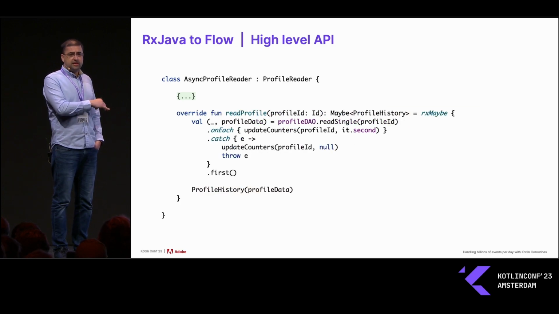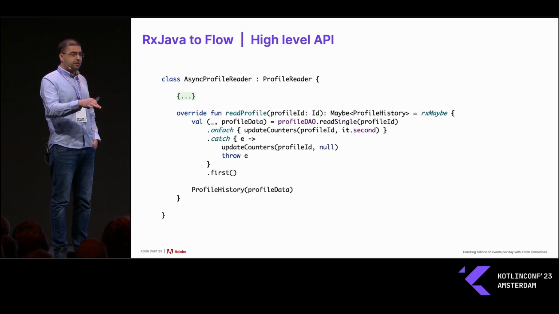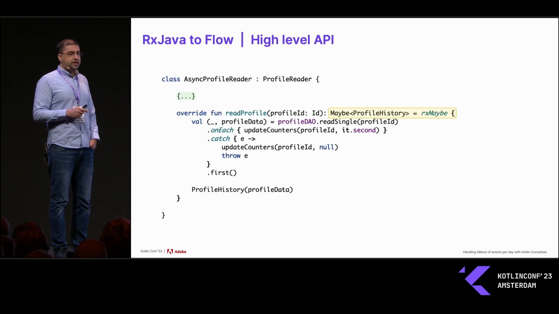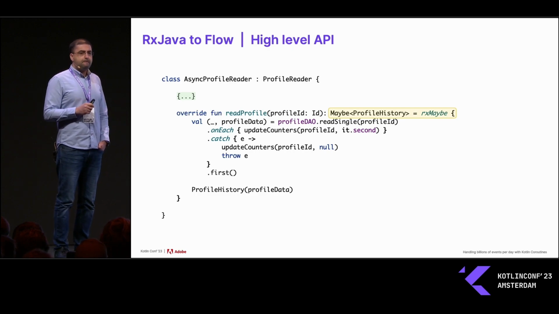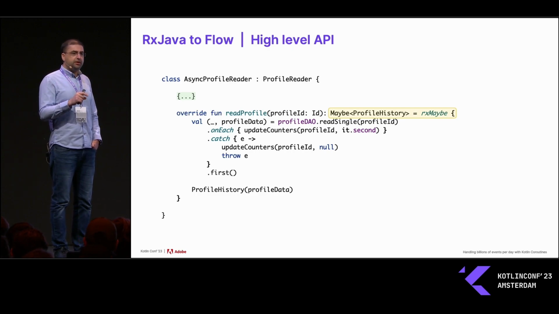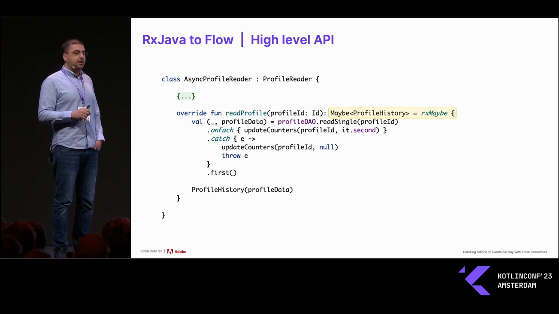We skip the data access objects and look into data processors, since they are a bit more interesting. As I said earlier, we kept the old interface here, so still returning a Maybe, but this Maybe is not created with the RxJava builders. There is rather the coroutines reactive integration library, or the builder from that library, which essentially runs this